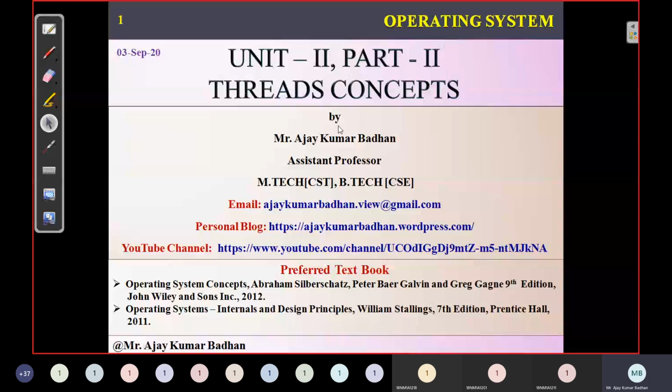In this session, we are going to discuss thread concepts. We will discuss the definition of a thread, followed by the properties related to threads, and how these threads are created. Anyhow, you might be aware of how to create threads in Java programming, but in this scenario we'll discuss generally the basic concepts related to threads.